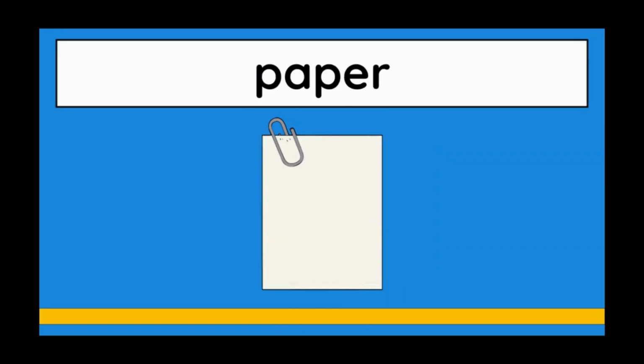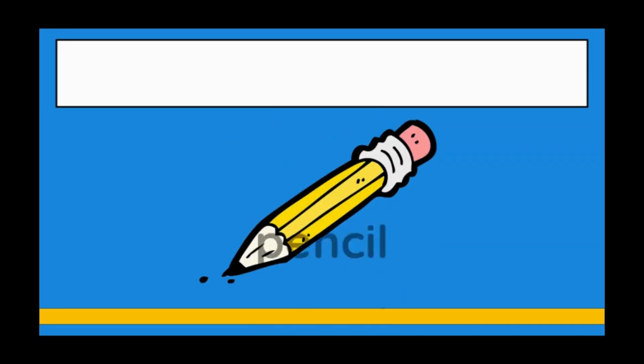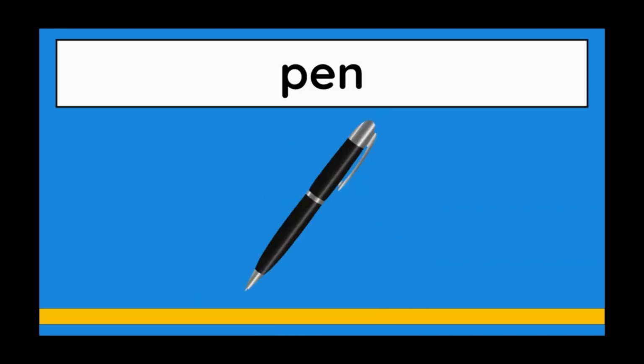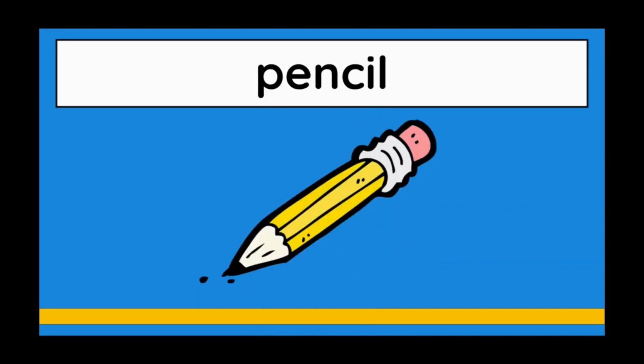This is a paper. A paper is where you will write information. You will write what your teacher is telling you to write. This is a pen. You will use this to write on your paper. This is a pencil. You can also use this to write on your paper. The difference between a pen and a pencil is that a pencil can be erased. We can use this pink part to get rid of our writing and write something new if we make a